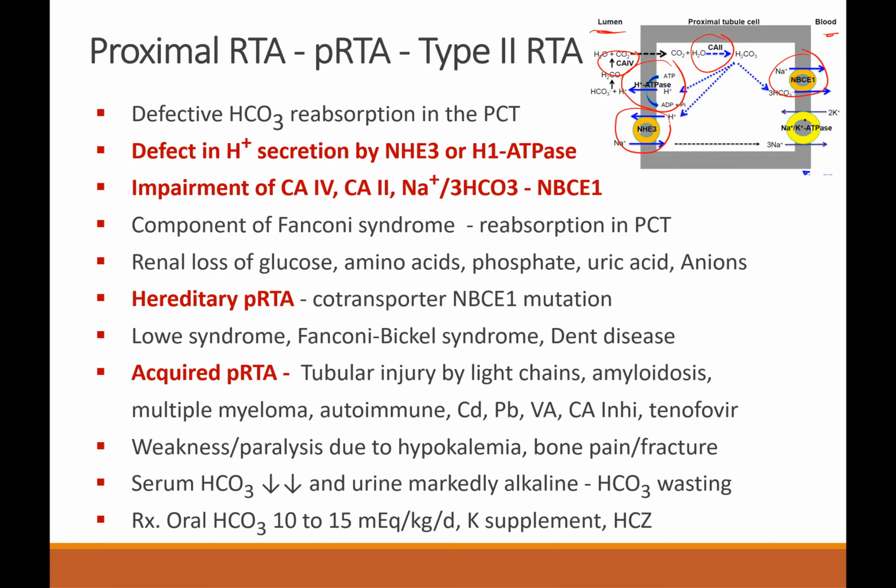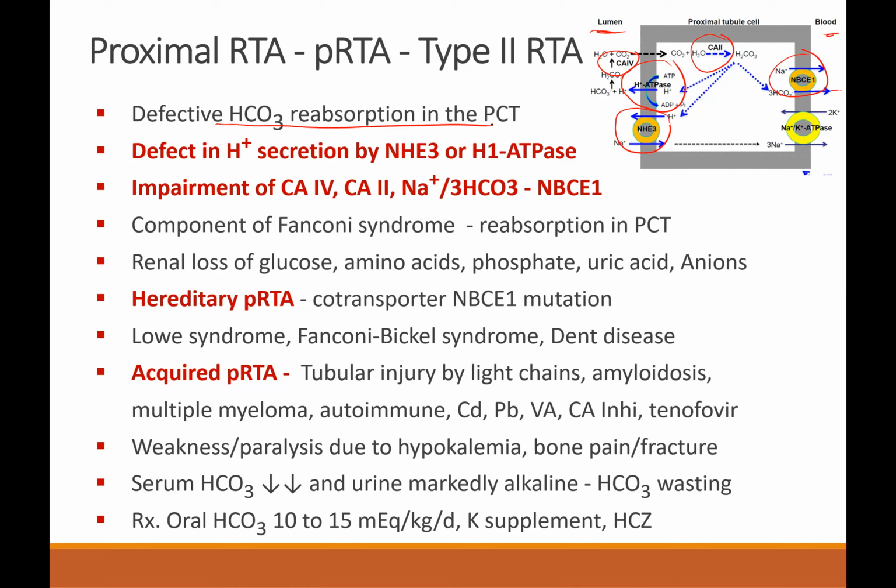So now you see a defective bicarbonate reabsorption. All this in the proximal tubule, the end result is bicarbonate is pushed into the body. That bicarbonate resorption is at fault. That means alkali is not absorbed to match for the acid. So there is metabolic acidosis. Defective bicarbonate resorption is the underlying mechanism.